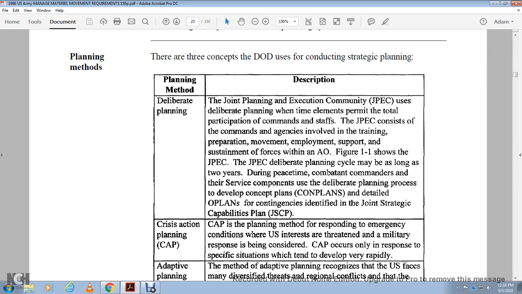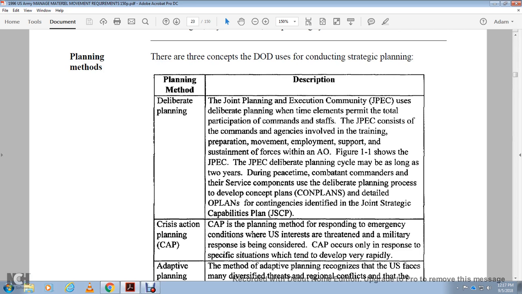community. It consists of the command agencies involved in the training, preparation, movement, and employing support with the forces of the area of operation. Figure 1.1 shows the Joint Planning and Execution Committee deliberate planning cycle, which may be as long as